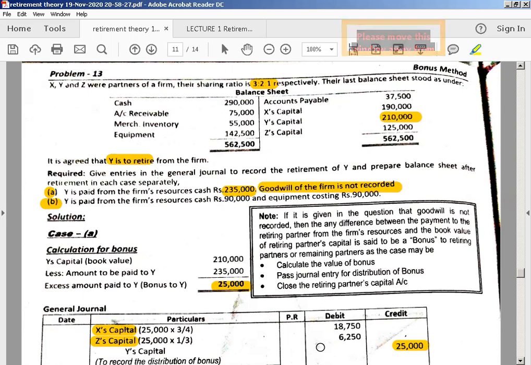हमने इस पे लगाने हैं इसके रेशोज। 25,000 इज द अमाउंट ऑफ बोनस। हमारे पास X का रेशो क्या है 3 और देन Z का रेशो है 1। ठीक है, सो 25,000 मल्टीप्लाई बाय 3 देन डिवाइड बाय 4। 4 इसलिए कह रहे हैं कि हमने X और Z के रेशोज लेने हैं। X का रेशो 3 और Z का रेशो 1। द सम ऑफ देयर रेशोज इज 4। 3 + 1 is 4। दैट्स वाई हम यहाँ पे 4 लिख रहे हैं।